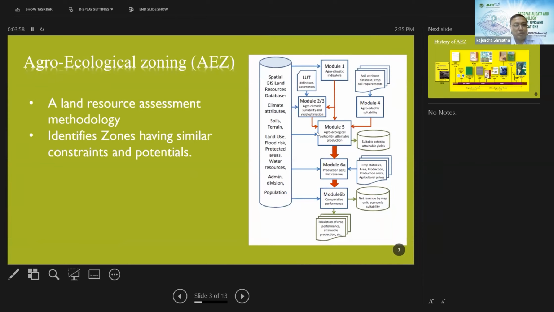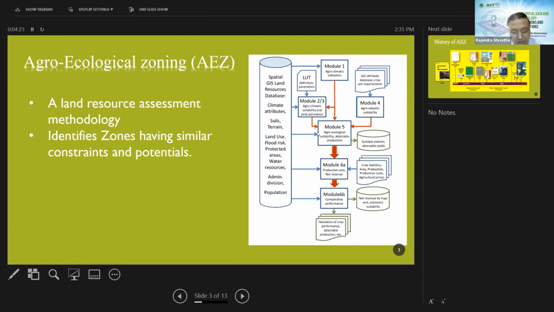So the need for proper planning about how to use land properly has been recognized for a long time, and many organizations have been working on this. FAO is one of the earliest pioneers, bringing a lot of land evaluation methodology, for example the land evaluation framework, which was published as early as 1976.